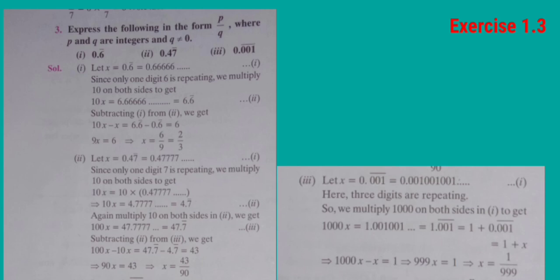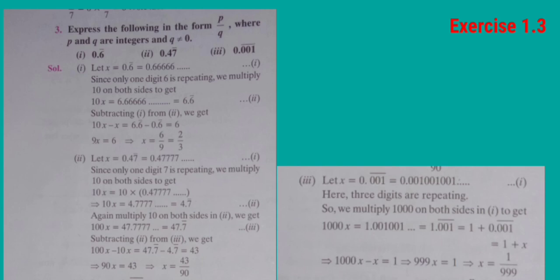So we have to subtract by giving it number second. We have to subtract equation first from equation second, as I had explained to you in part first. In this question, if you see the solution, one thing is done. In place of 1.001 bar, it is broken as 1 plus 0.001 bar, and in place of 0.001 bar, we have substituted the value x.